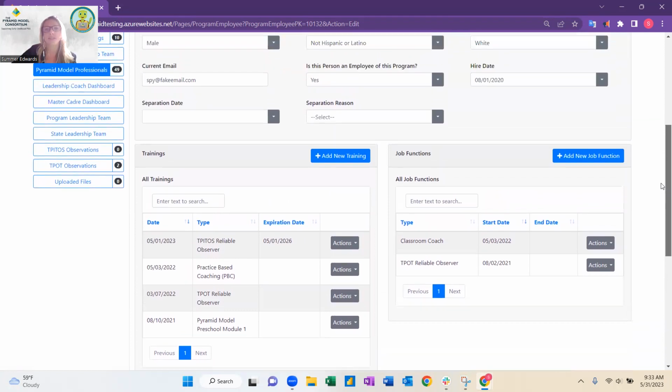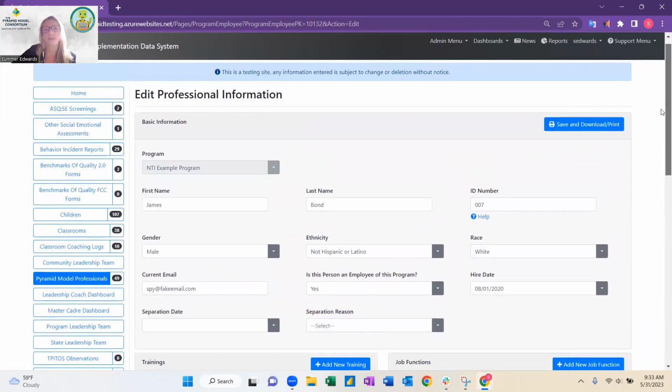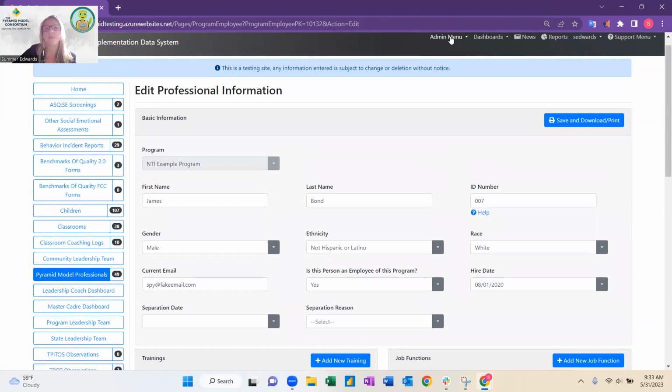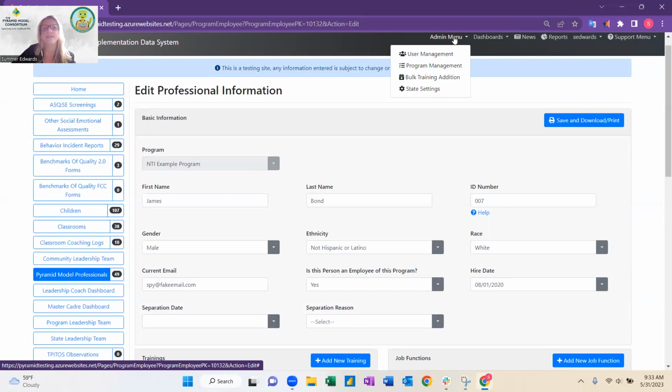Also within the admin's profile, if I scroll up to the top here, the admin menu is located at the very top. So this is unique to application admins or state data admins, where you have this menu of options. This is another way that admins can add those trainings to a larger list of employees. So let's say somebody gave you 10 people, here's all their TPOT, TPITOS, PBC dates, and you have to go in and enter all of them. You want to come to this bulk training edition section,